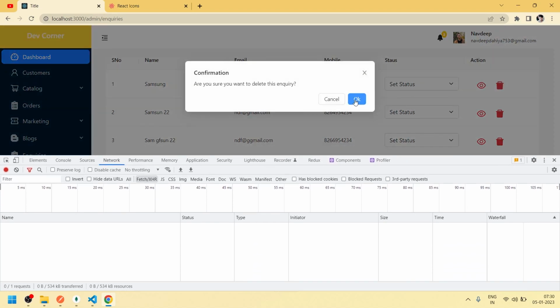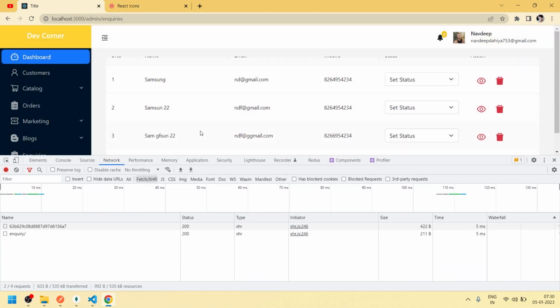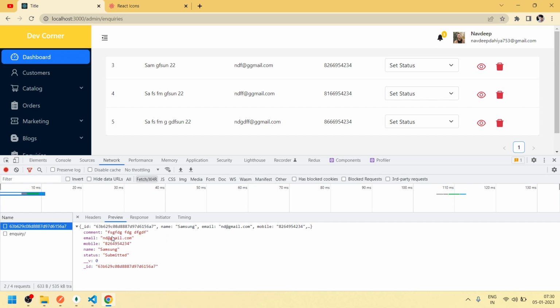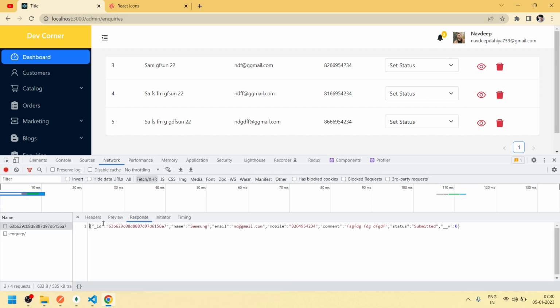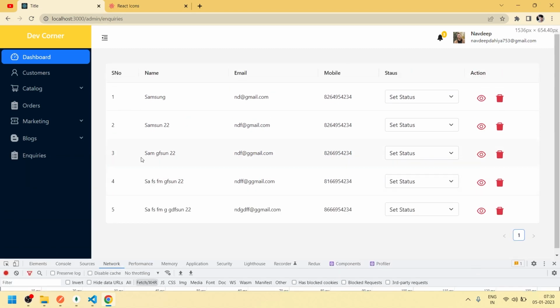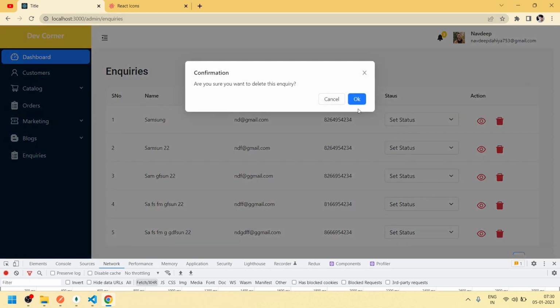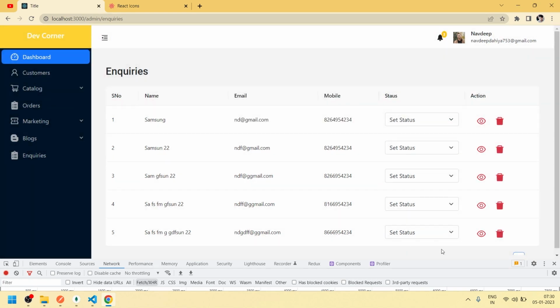If I try to delete, okay, inquiry, preview, response, this I'm getting. Okay, if I do Control Shift R, we have 5, delete, okay,